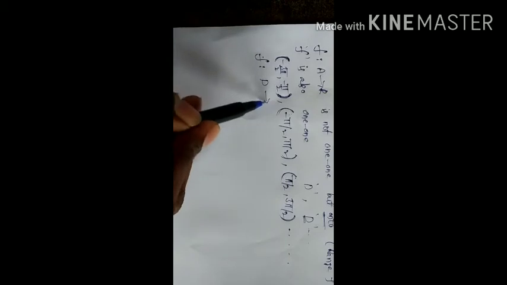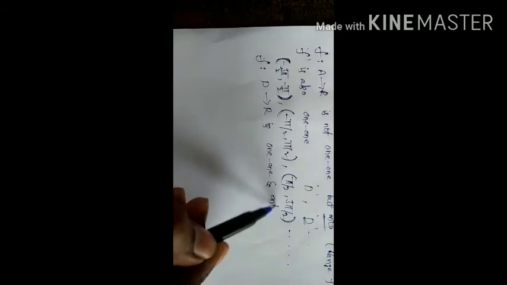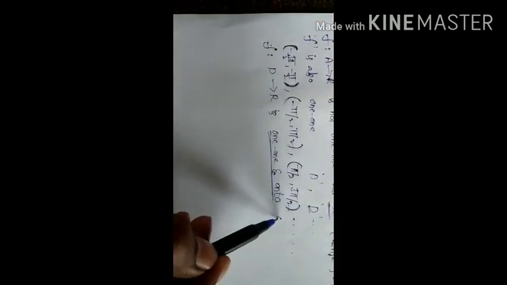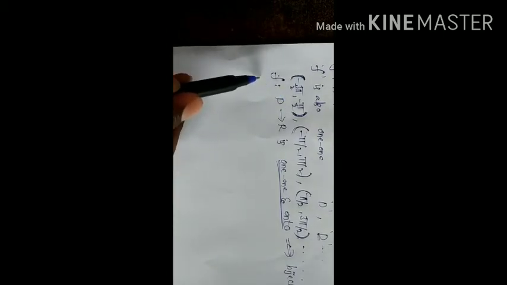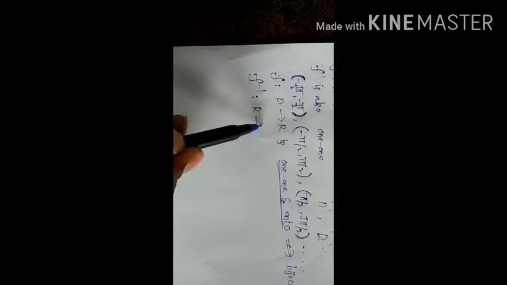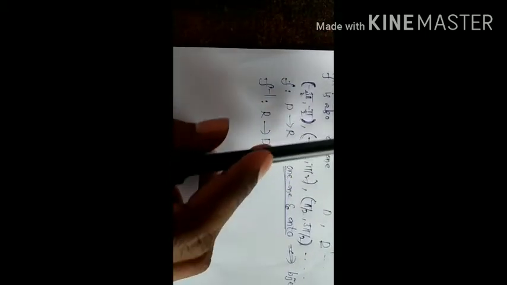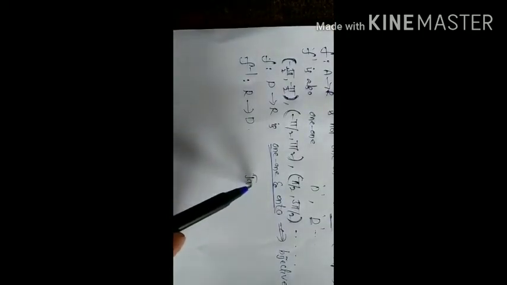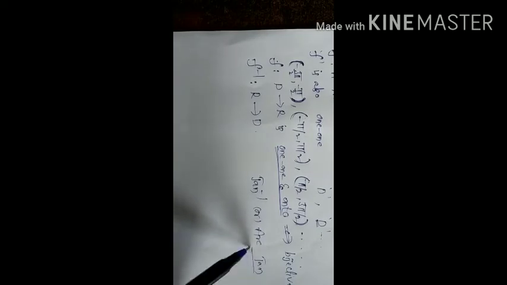Okay, therefore here the function f from the domain D to R is one-one and onto. When it is one-one and onto, then we can say that the function is a bijective function. When it is bijective, we can clearly say that an inverse is possible for the function. So f inverse is from R to D, right? So f inverse exists here. So we can say that tan inverse exists. Tan inverse of the tan function we can write as tan inverse, or arc tan function.